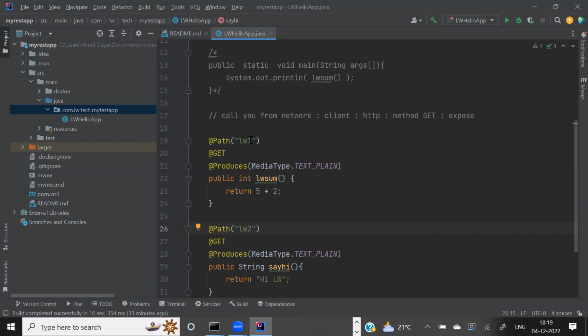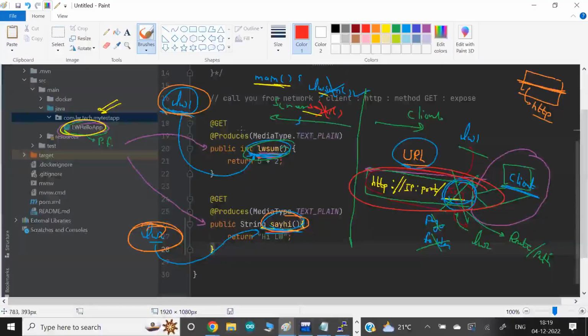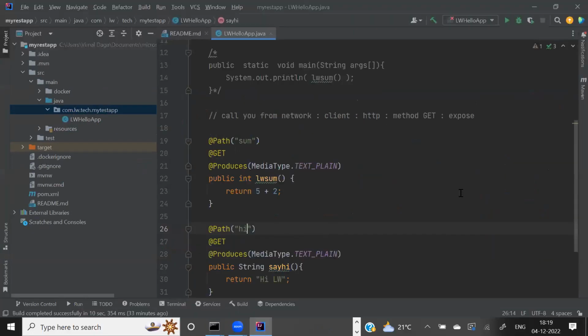Maybe I can give the path sum, because they are doing sum here, or maybe LW2 sum. And here we can give the path, let's say hi. Because the name you give here, we add in the URL, and in the URL we normally write something like /LW/hi/sum. So normally we give the path, and normally the path begins with a slash. That's what we normally write.